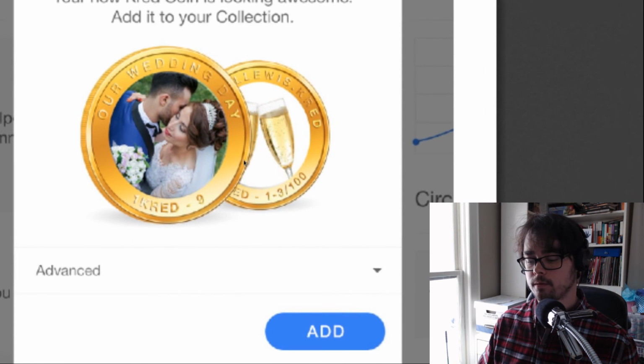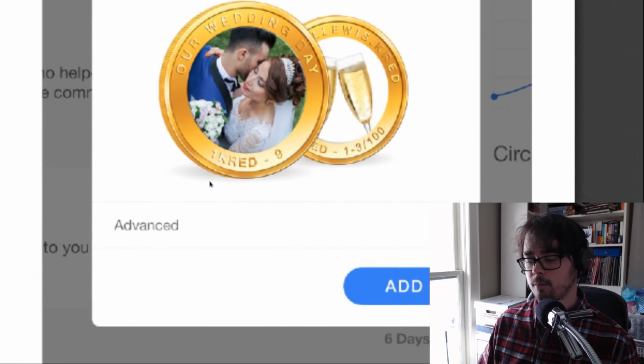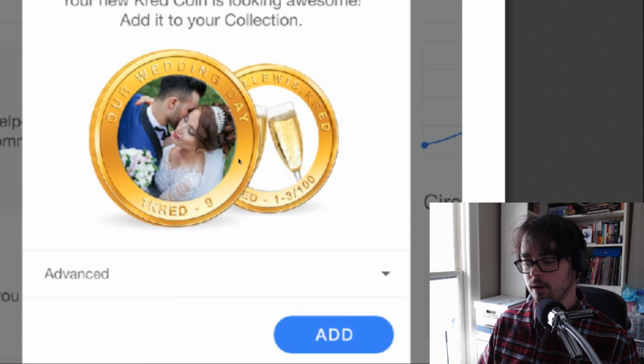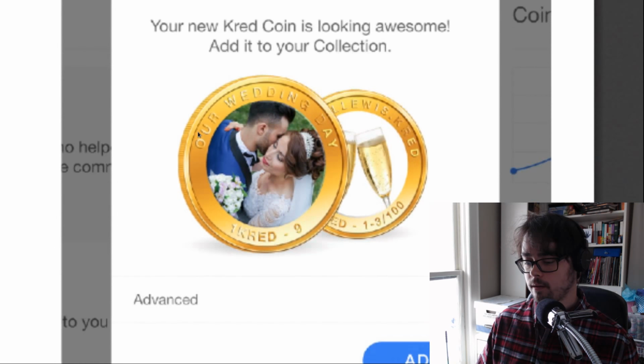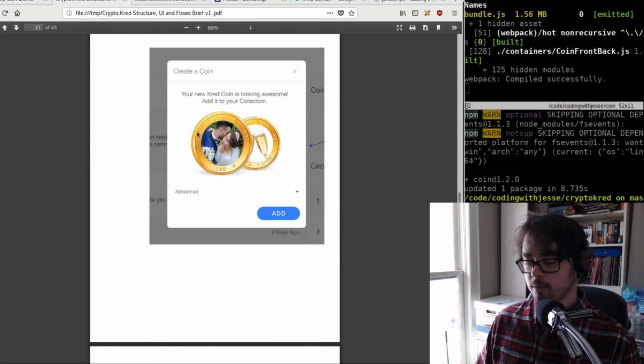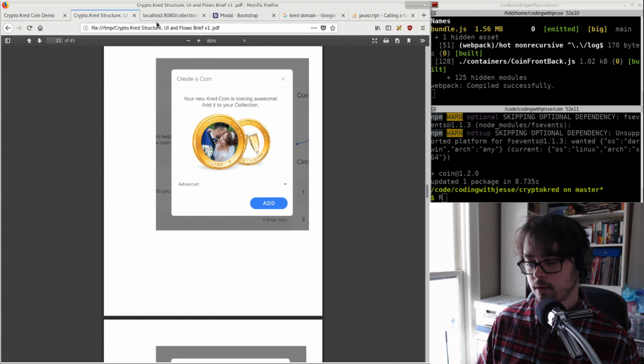For almost everybody except programmers, cryptocurrencies are kind of way too abstract. So you can make your own coin, upload your wedding photo, and then give it as a wedding gift, as a thank you gift to your guests. That's the idea here. So the part I'm doing is just taking the mock-up and turning it into